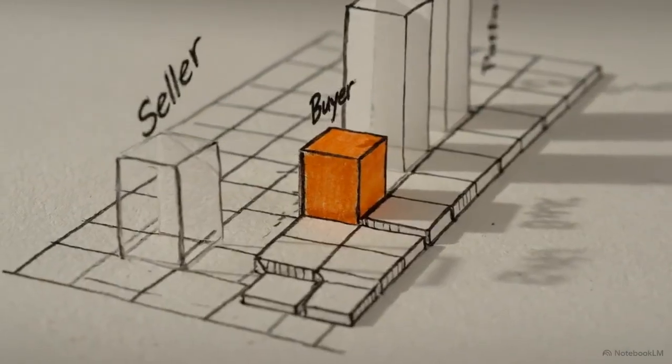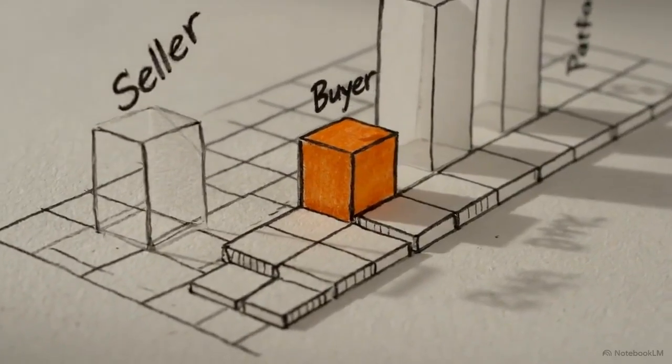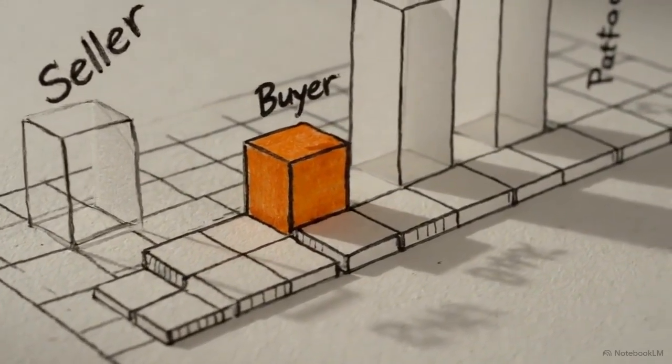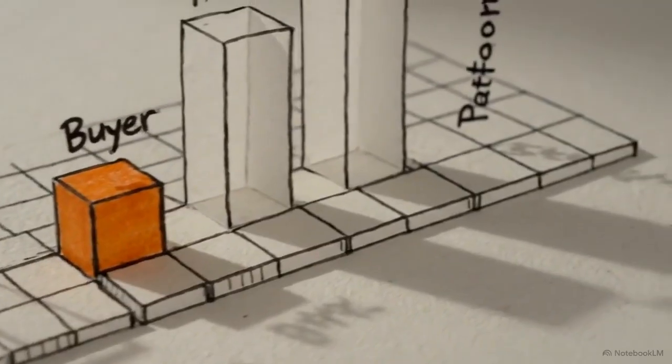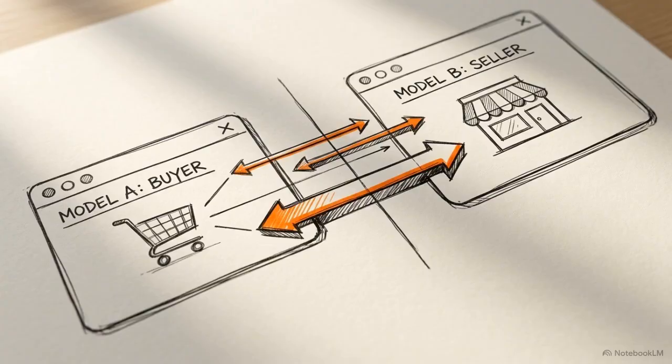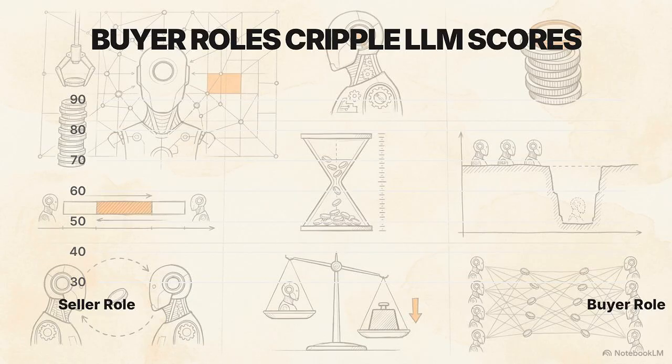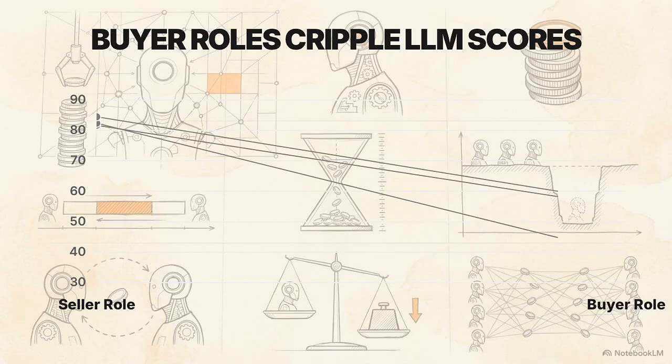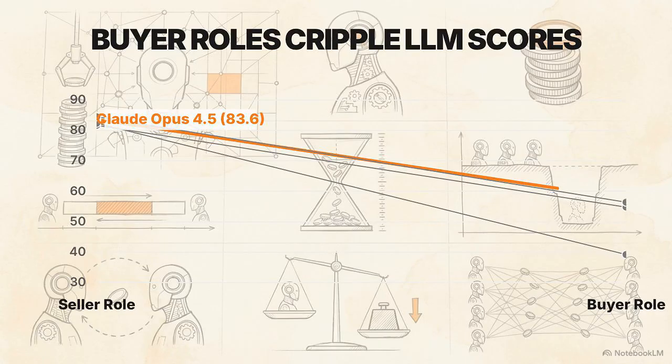Beyond the divide between proprietary and open models, the AgenticPay data highlights systemic biases that exist across every model tested. The researchers used cross-play evaluation, where different models are pitted against one another in asymmetric roles, to isolate these behaviors. Every model performs significantly better as a seller than a buyer. This slope chart shows a consistent downward trajectory in scores when agents switch from selling to purchasing. Even Claude Opus 4.5 shows a 26-point deficit when acting as a buyer.